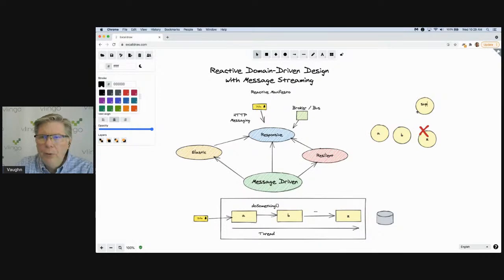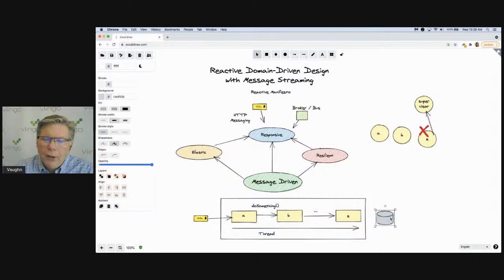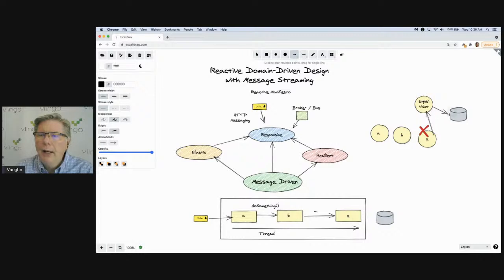So we're going to have a supervisor here. And that supervisor knows how to do something about this failure, and it could do a number of things. It could tell the Z object to stay operational, but refuse new messages gracefully until further notice. And that could be done because the supervisor has the ability to ping the database and find out, is the database alive? If it's not alive, if we've lost our connection,